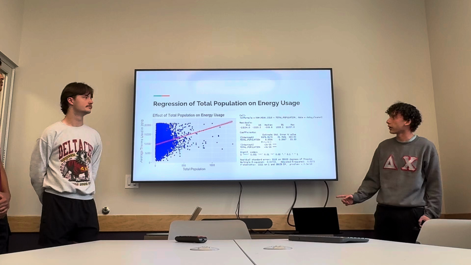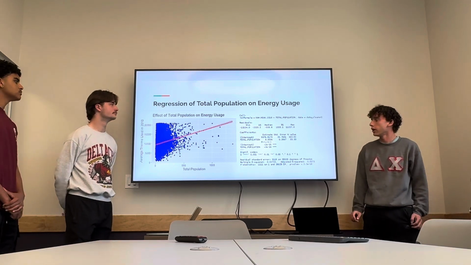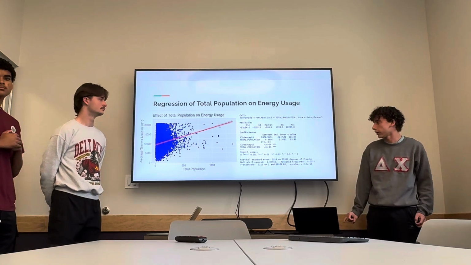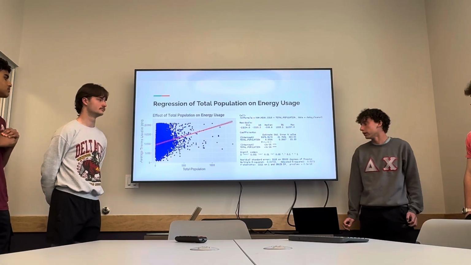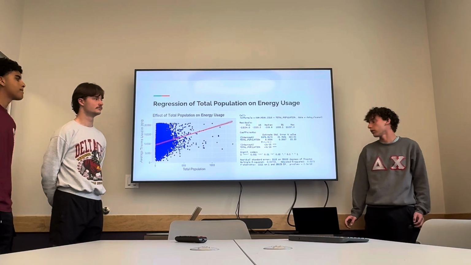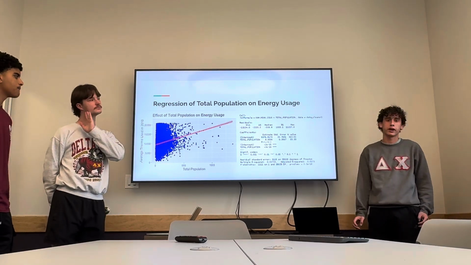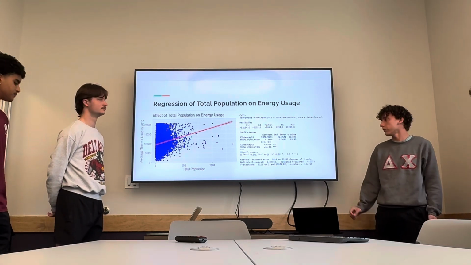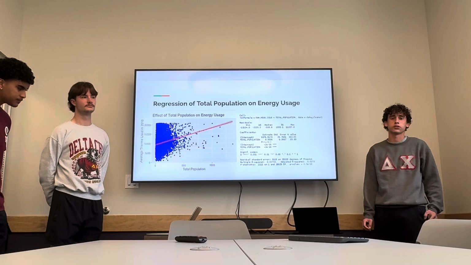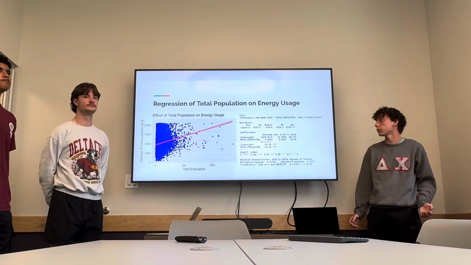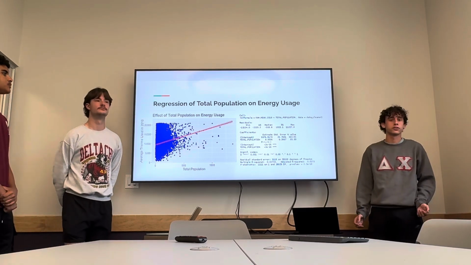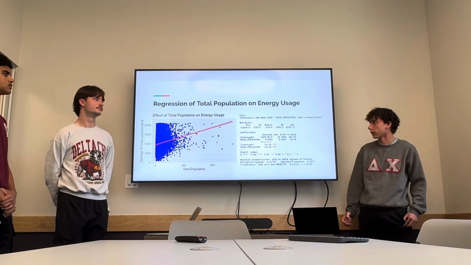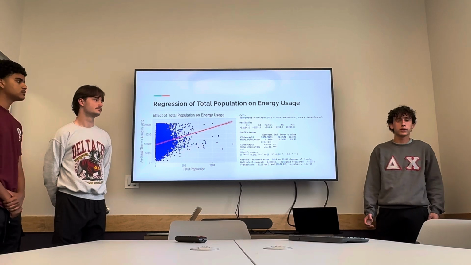Similarly, for our next chart on total population affecting energy usage, the graph looks very similar, in the fact that our R squared is low at only 0.02733, or about 2.7% of the variation explained by the model. Again, this is low, but our p-value is also still low at 2e to the minus 16, which is approaching 0, which similarly means that it is statistically important and not due to random chance, but our